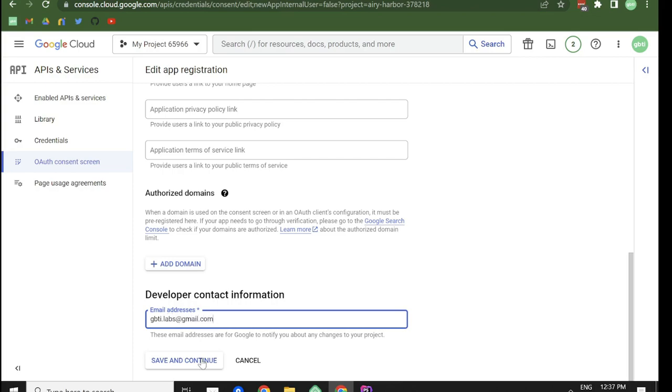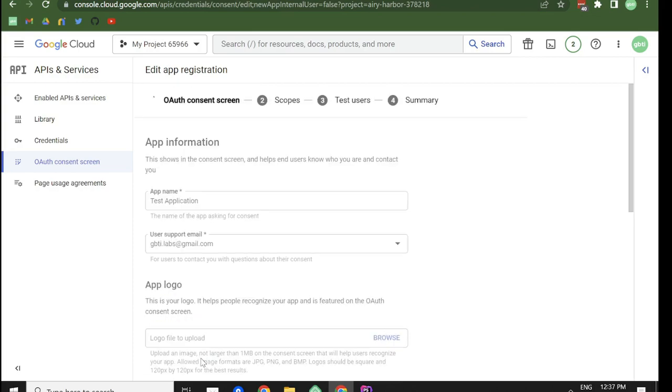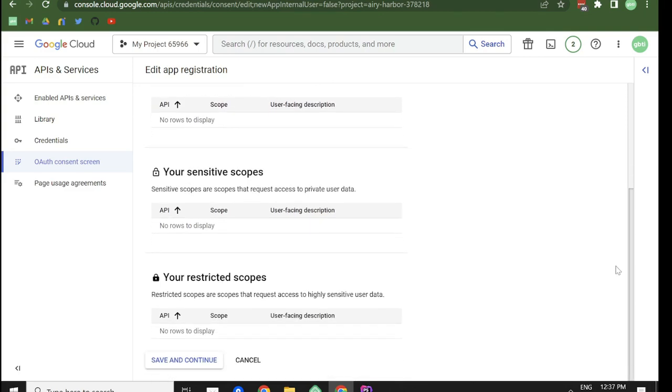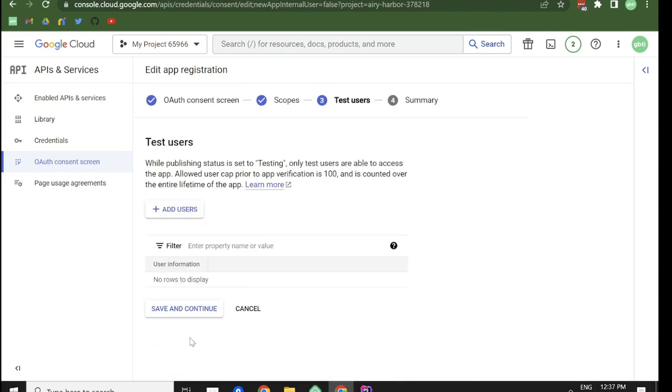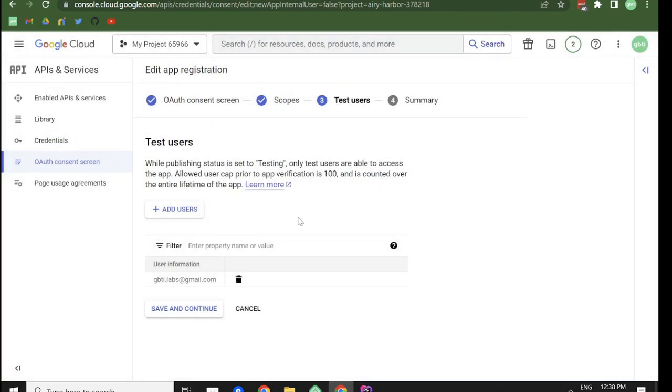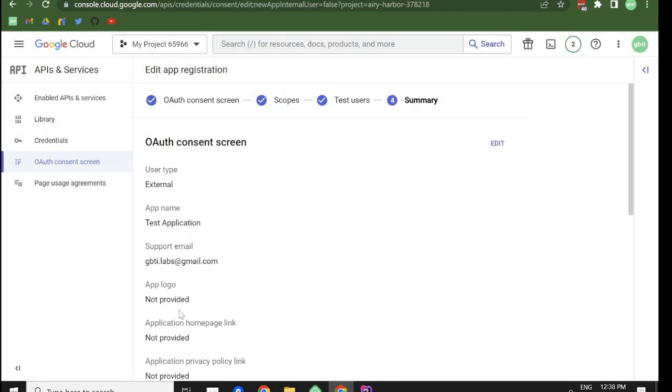Okay, save and continue. Next, it's going to ask for scope of works, but we define scopes client-side, so let's skip this. Next, it's going to ask for test users. I advise adding every user that you intend to have access to this directory app. For now, we'll just add my test email. Alright, save and continue. Now here is a summary of the app we just created, but let's skip that and